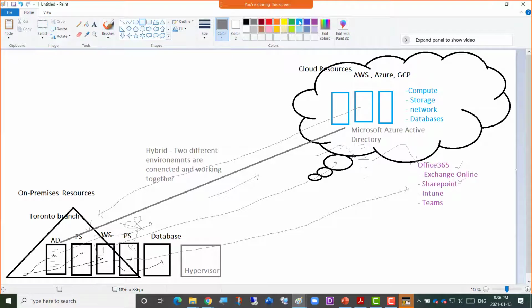So one purpose of the hypervisor is to host virtual machines. You're supposed to know first of all that the current companies' data centers are all virtualized. Either they have VMware, majority of them have VMware, and many of them also have Hyper-V.